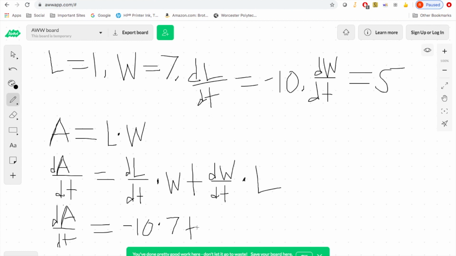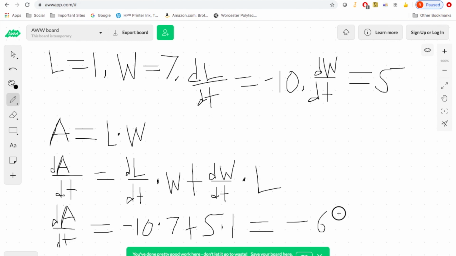And now, what is dw dt? It's 5. And last but not least, what is the length? Which is 1. And that's it. It's actually that simple. So that's going to be negative 70 plus 5,